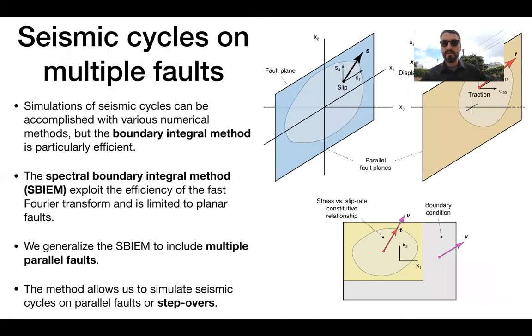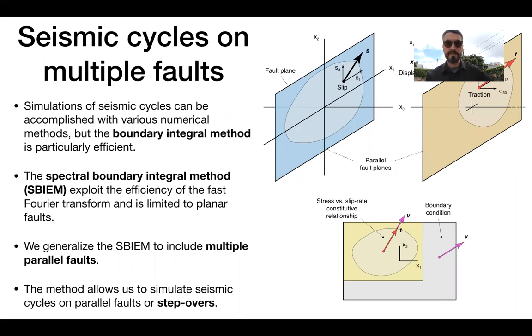So we are interested in modeling this kind of fault interactions during seismic cycles, but simulating rupture dynamics on finite faults is already quite challenging, so incorporating other faults is even more so. Seismic cycle simulations can be accomplished by various numerical methods, finite element, finite difference. But one of the most efficient methods is the boundary integral method, because only the surface of the fault must